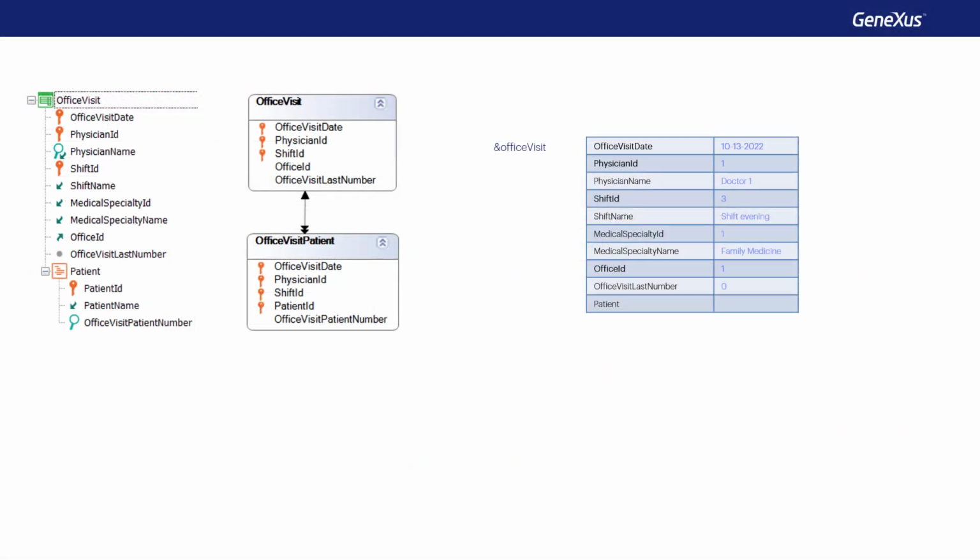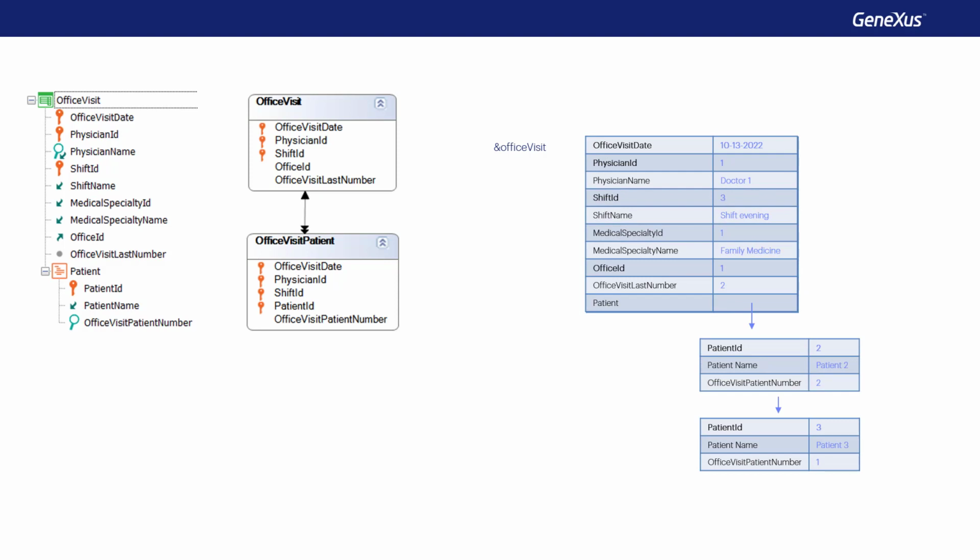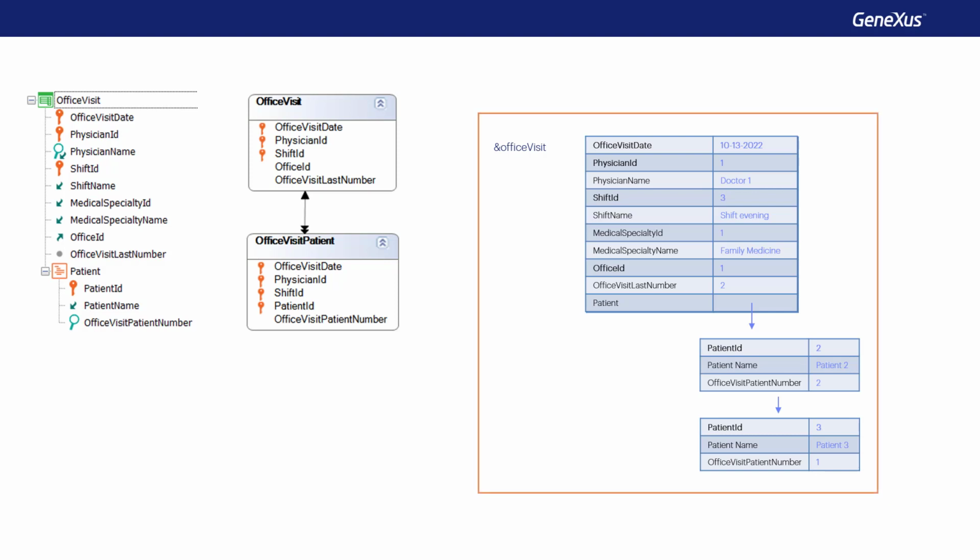So far, we've worked with 2 level BCs, but their second level was empty. What we're studying here in relation to the insert or update will have no difference with the case in which there's a patient collection that's not empty. Next, after addressing the differences between business component methods, we'll show how to perform the insert or update operations with a 2-level BC where we'll work with the lines. But we'll do it at the highest level using a data provider.